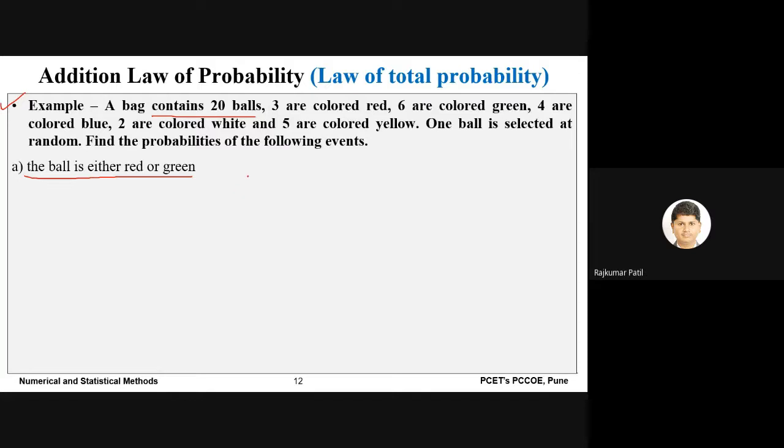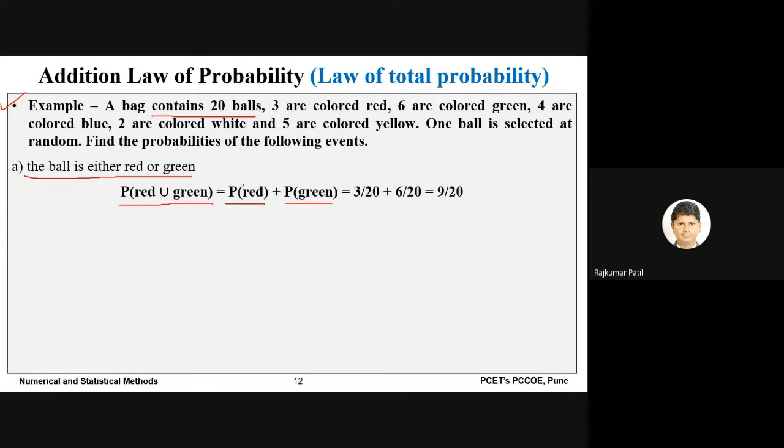And when we look at this question, we are going to draw a single ball, and as there is a single ball, it will be either green or red. There will not be a ball having both colors. So this is the case of mutually exclusive events. So you can see here, probability of getting a red or green is equal to probability of getting red plus probability of getting green.